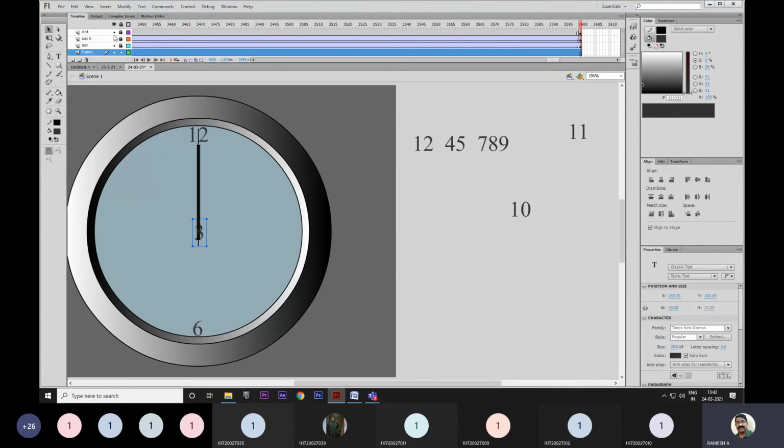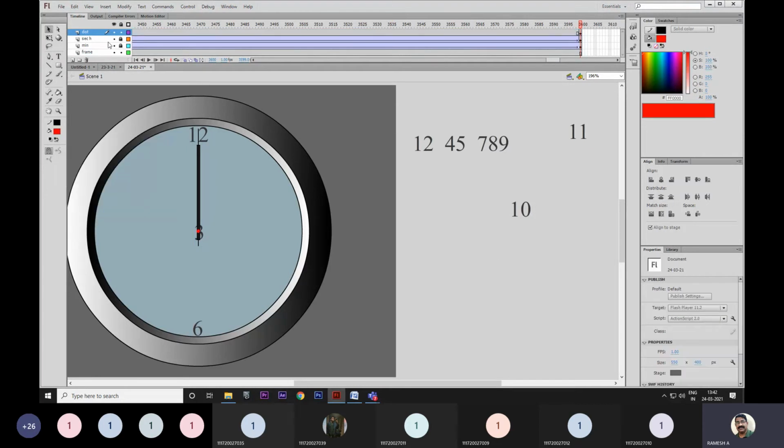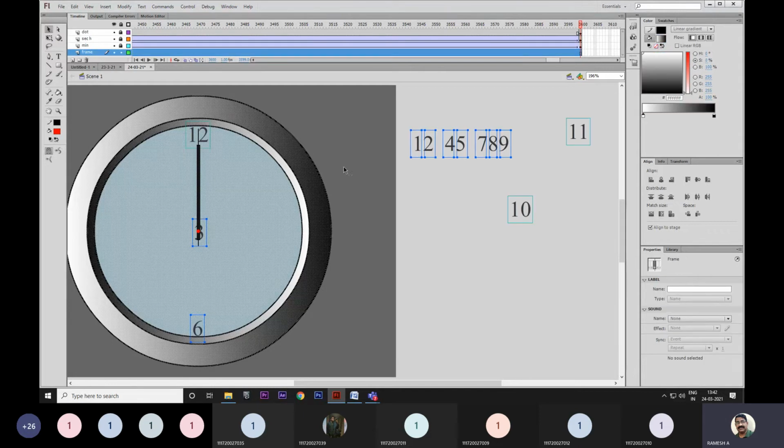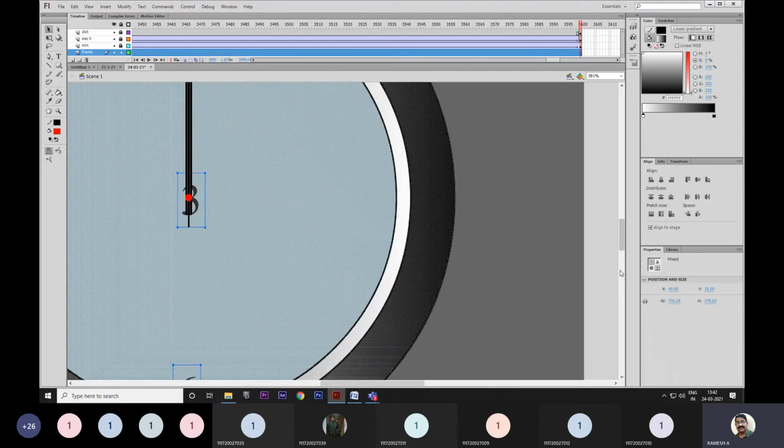I'll change the color of the dot, unlock this and select this. I'll keep red color, then you can see easily. And after that I'm going to close this and come back to the frame. Control plus